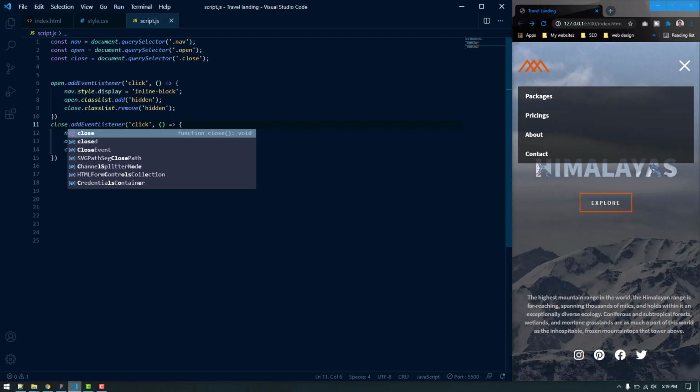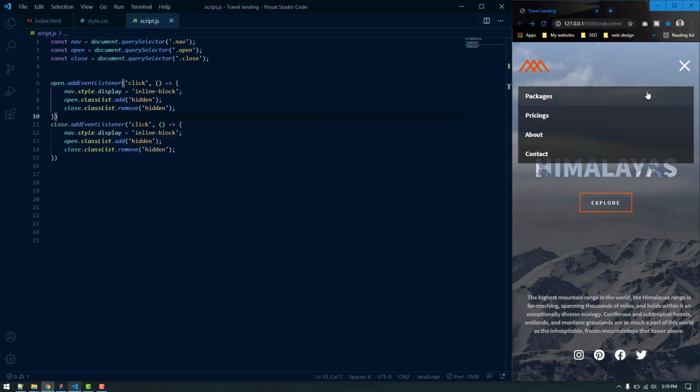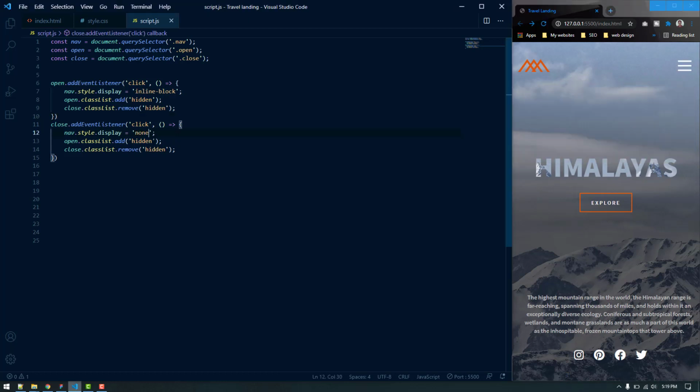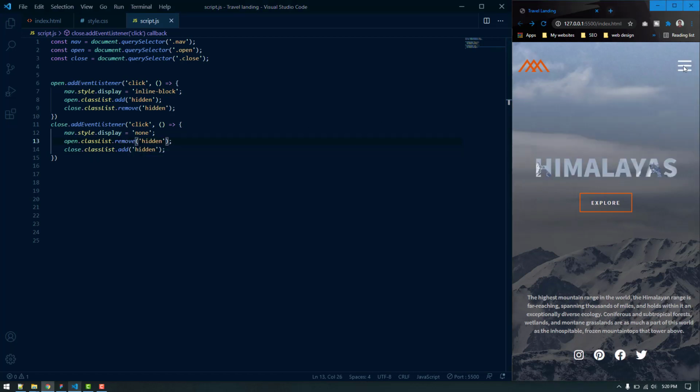Now it will be the close. So when I click on the close icon, it becomes hidden again. So let's make it none, and we want the close icon to be hidden. So add, and this one remove. Let's save, and it works just fine.